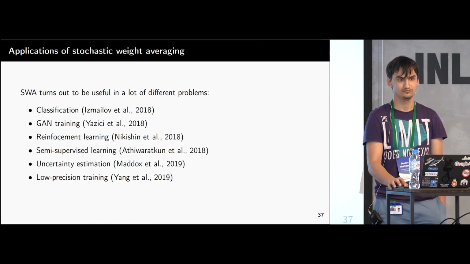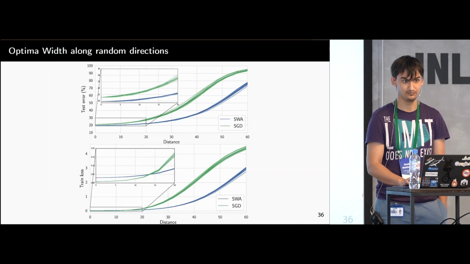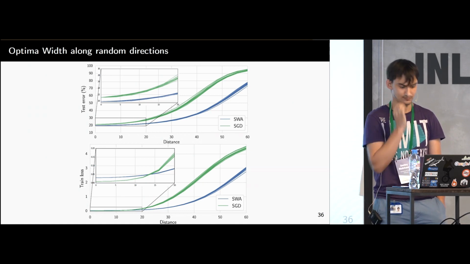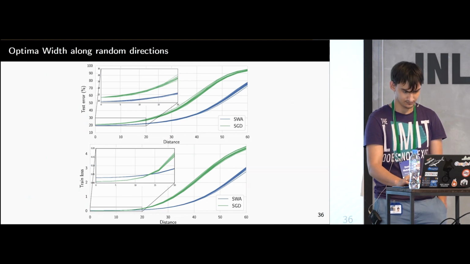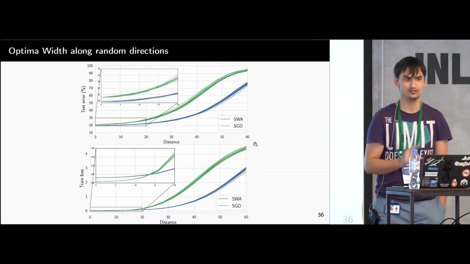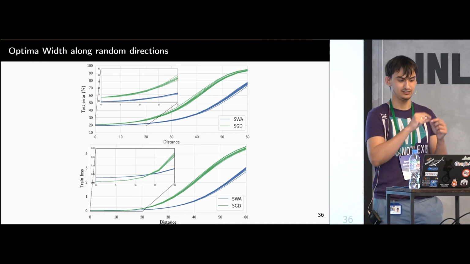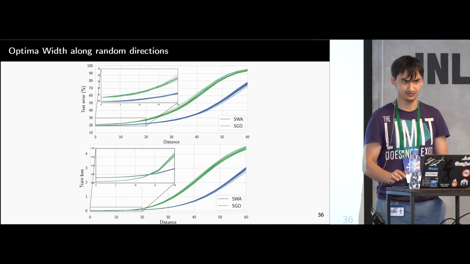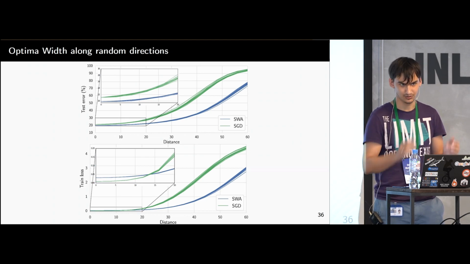On the second to last slide, where you spoke about this optima, no, the one after that. On the y-axis there's test error, so what's on the x-axis? I see the test error is going up. What is the x-axis? Yeah, so this is basically the distance in the weight space which you follow, like which you go when you follow the line. You take this point, take a random direction, and then go like 30 in this direction. So this is the norm of this vector that you add to your weights.